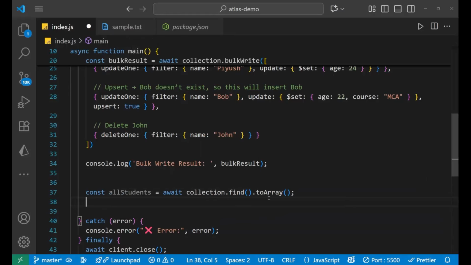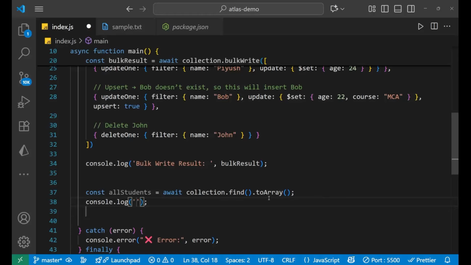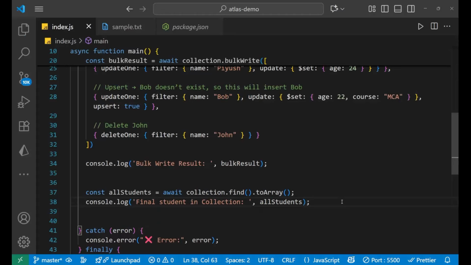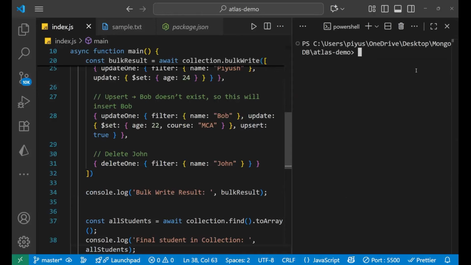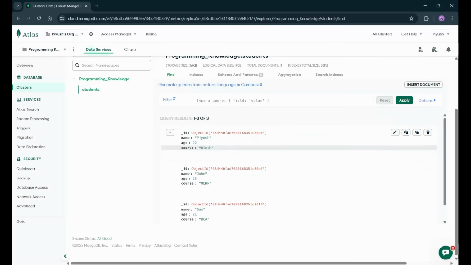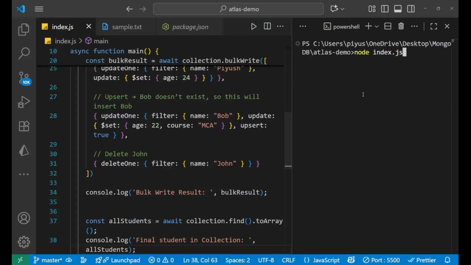Now after this, just print it. So console.log, and here write "final student in collection", comma, and just allStudents. So let's save it and go to the terminal, and here I'll write node index.js. Before entering, let's have a look at all the fields we are having: three different data, name, age, course, right? The names are Piyush, John and Sam. So let's just enter,